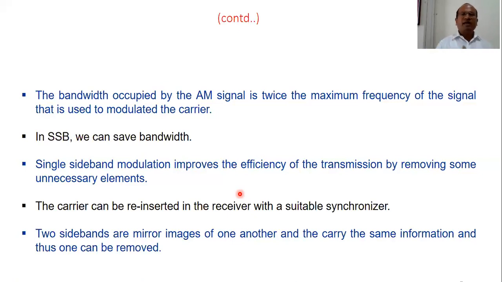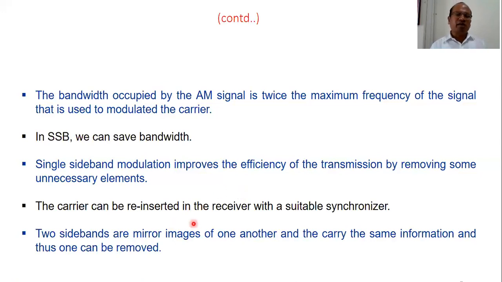So when we implement SSB, there is saving of bandwidth, there is saving of cost, power efficiency is more, but we have to do it at the expense of some complexity, at the expense of some extra arrangements needed. Like we need to have an arrangement to generate the carrier signal. We need to have a synchronizer circuit so that it ensures the synchronization between transmitter and receiver. So this is something which makes SSB require some more arrangements at the receiver.